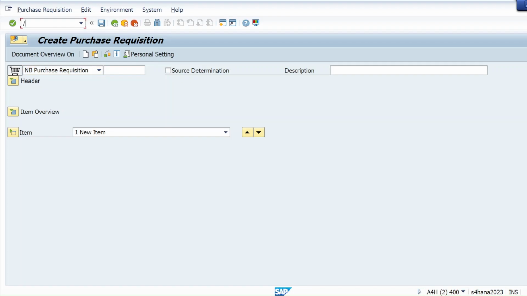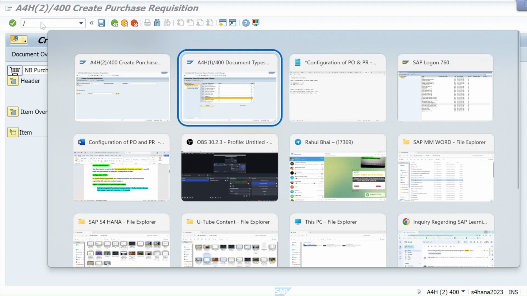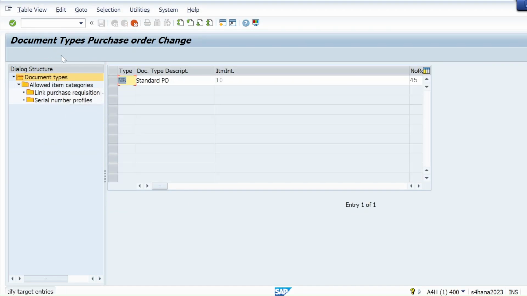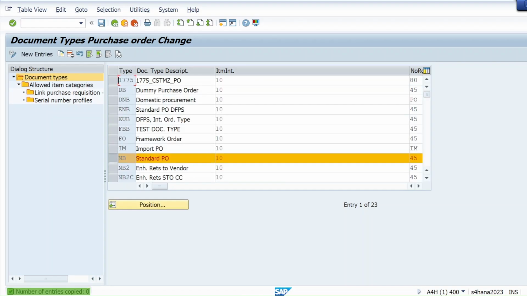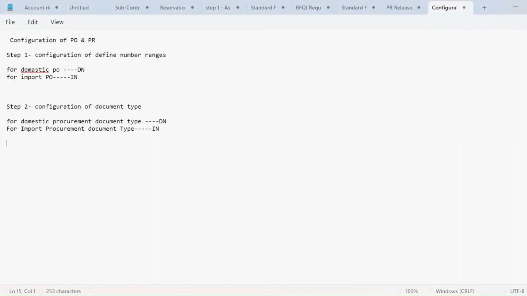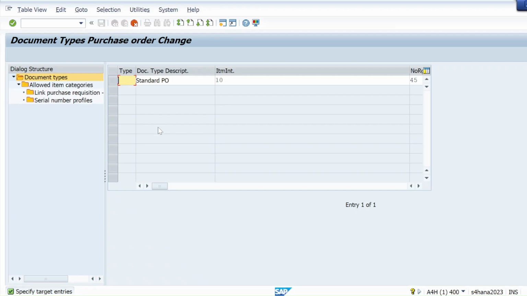Now I will select NB and click Copy As. Here let me give the document type DN for domestic procurement and IN for import procurement. So let me take DN for domestic PO.